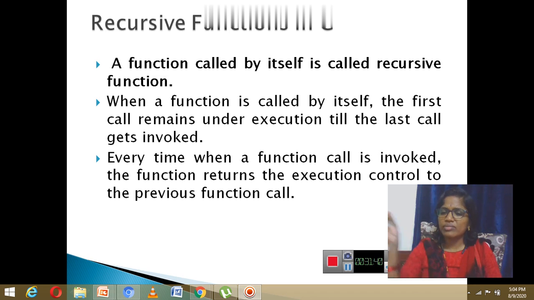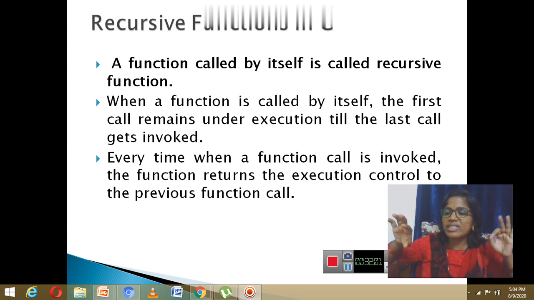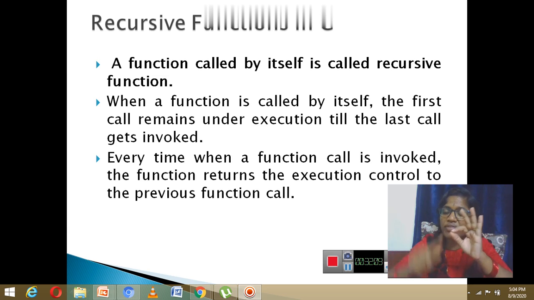It calls a function. In the previous example which I told you, if there are 15 lines of code for searching an element in a given set of elements, every time you are not required to write the 15 lines of code. You can call the function with only a single line. So here comes a question: if a function calls the function itself, then that function is called a recursive function.